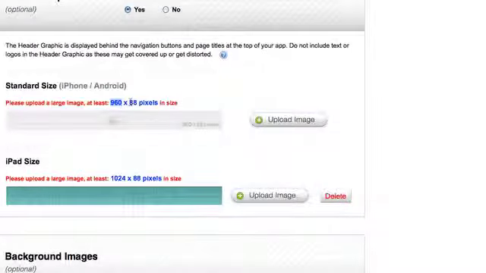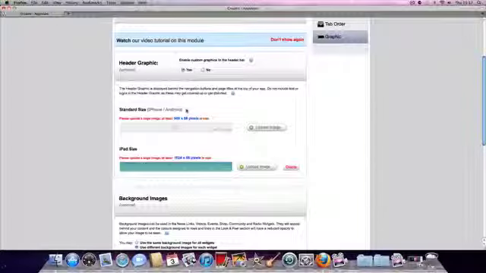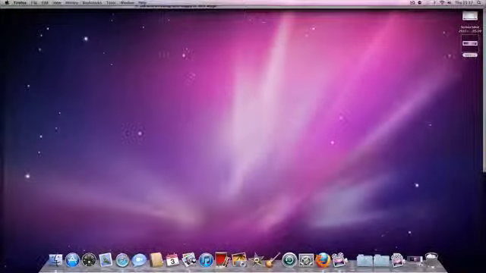Now, as you can see, it's 960 pixels by 88 pixels. Now this sounds quite large. The reason for that is because it has to stretch the whole length of the iPhone or Android if it's in landscape mode. Let's upload an image. Now firstly we'll create an image and we'll just take a screenshot. We'll go for quite a large image,